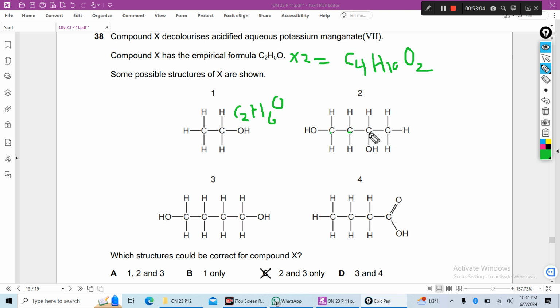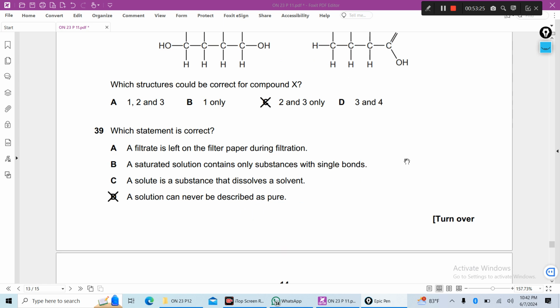So 1, 2, 3, 4 carbon, and hydrogen 3, 5, 7, 10, and 2 O. Structure 2 has this molecular formula. Number 3 also has molecular formula C4H10O2. So C is the right answer. Next,